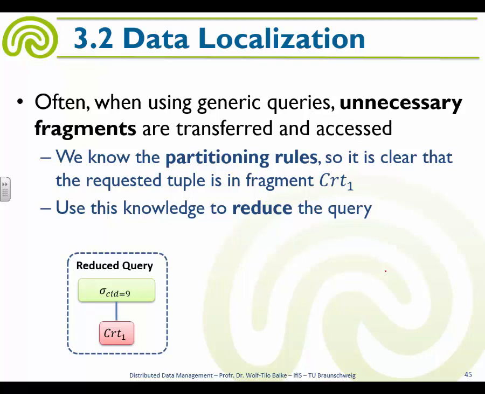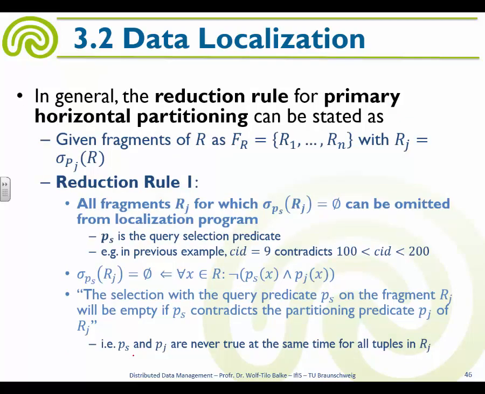Often it is not necessary to get the full table reconstructed. So if you use generic queries, unnecessary fragments might be transferred and accessed, right? So we can use knowledge about the partitioning to reduce the query, right? Reduce query, CID is 9, can only be in the first fragment, right? I don't have to think about fragments 2 and 3. Good? Right. So, in general, reduction rules for primary horizontal partitioning